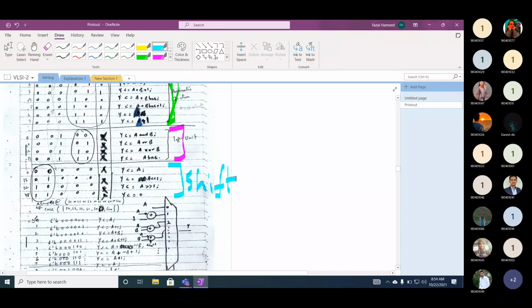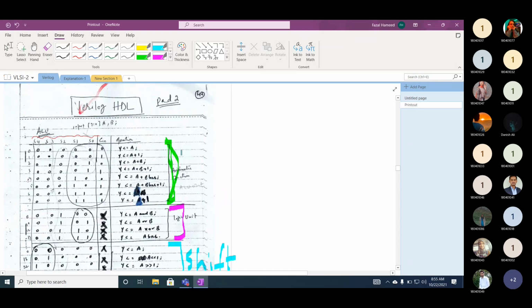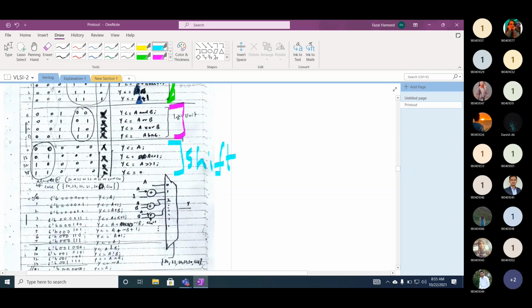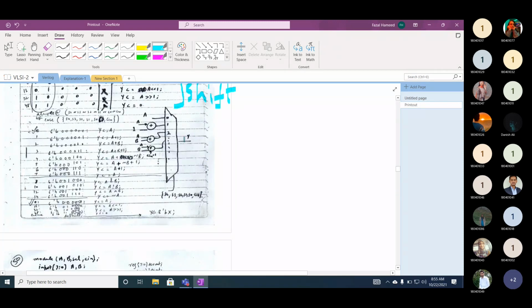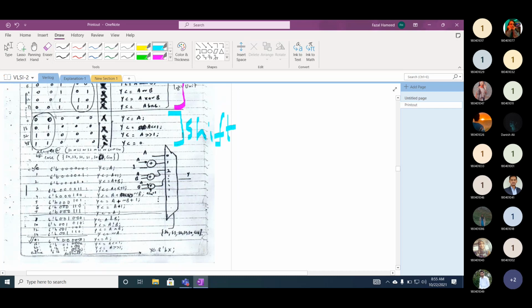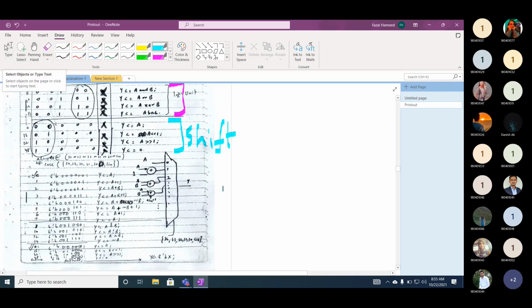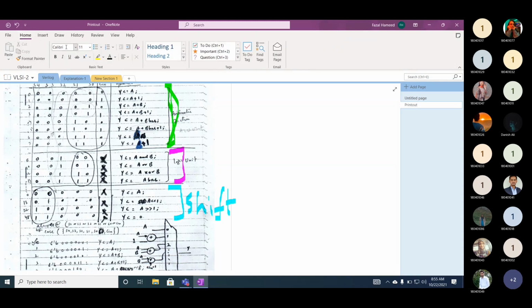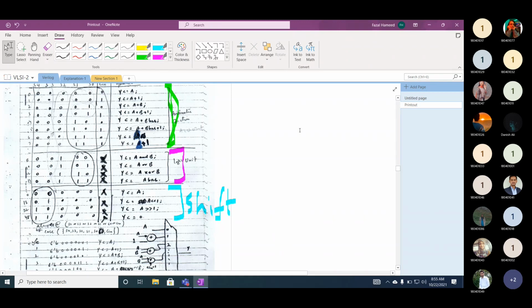Now there are two ways to design the same hardware. First, you just use a case statement, and this is an example. But this will be inefficient hardware. How can we use a case statement? Can you see on the left hand side? Okay, I will just draw it for you, and this is an inefficient implementation.